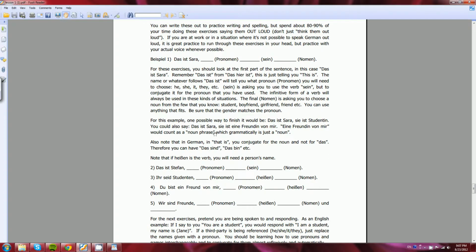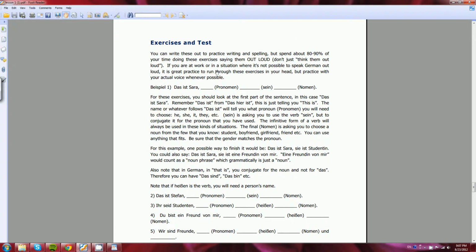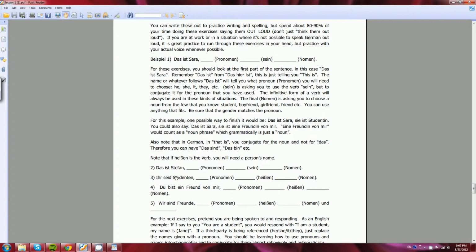these want you to find the pronoun. So we have das ist Stefan, which pronoun, just like this one. But then ihr seid Studenten, so this is kind of obvious that you're going to have to use the same pronoun. But then how do you conjugate for ihr? And if it is ihr, what names or nouns